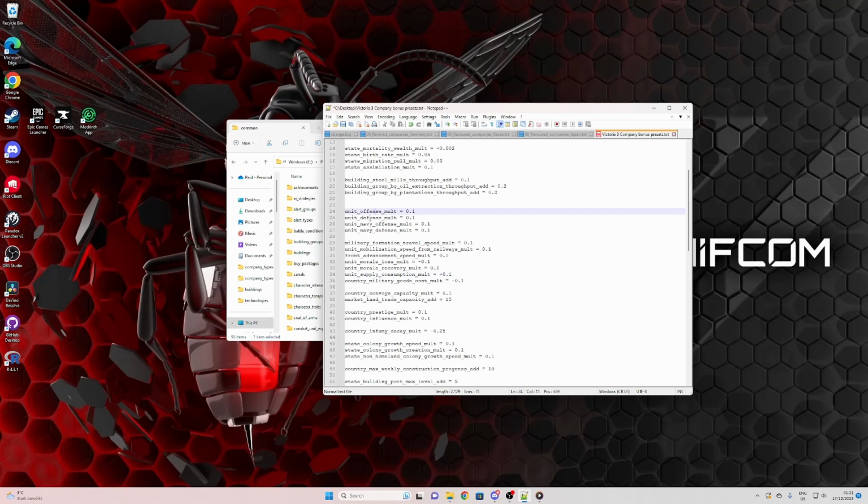First of all, unit offense, defense, navy offense, navy defense, self-explanatory. Military formation travel speed, a general one. Unit mobilization speed from railways. Front advancement speed also makes the advancement of fronts just quicker, which is very nice, as your wars will always end quicker this way. Then unit morale loss, recovery rate,